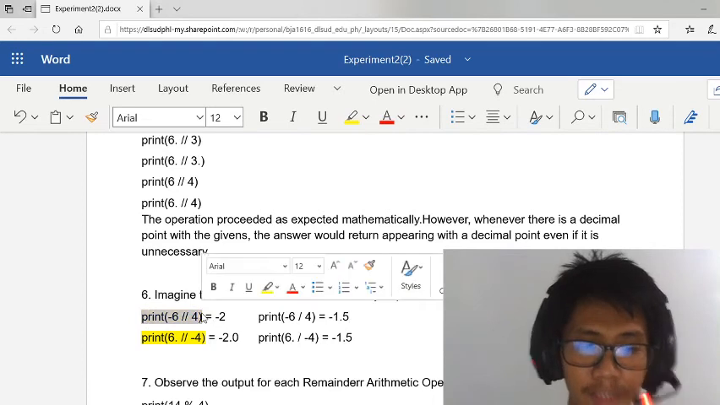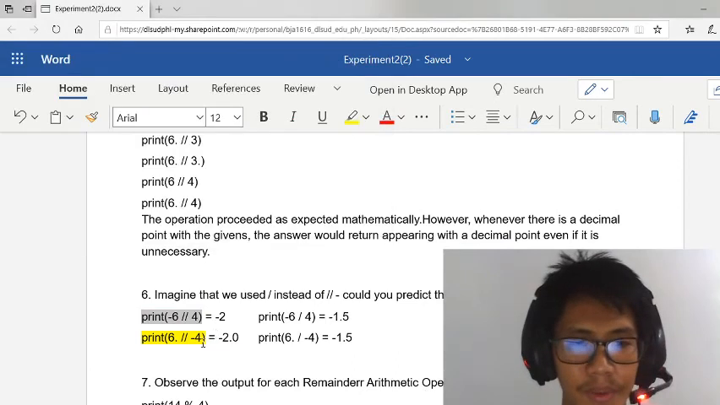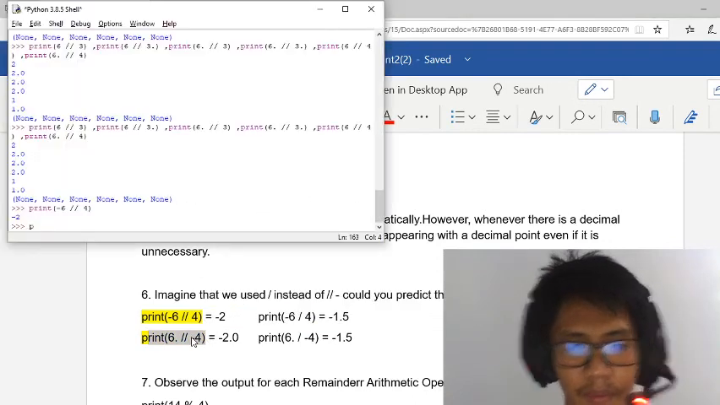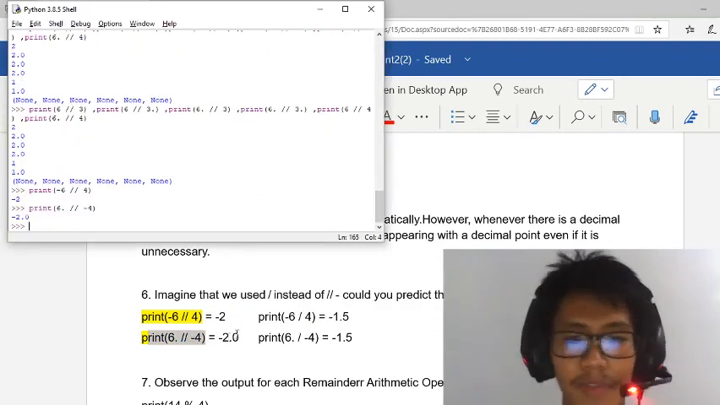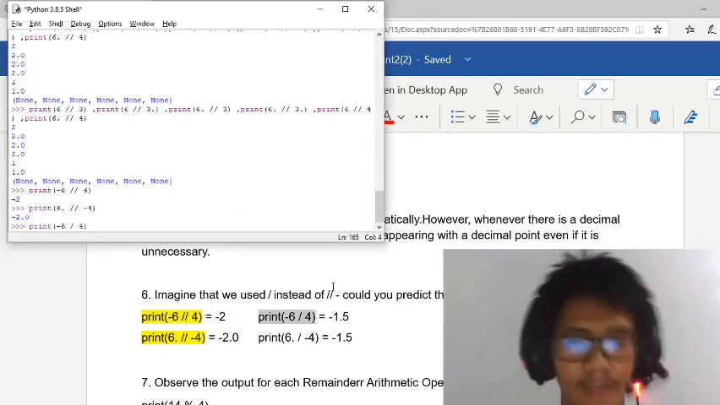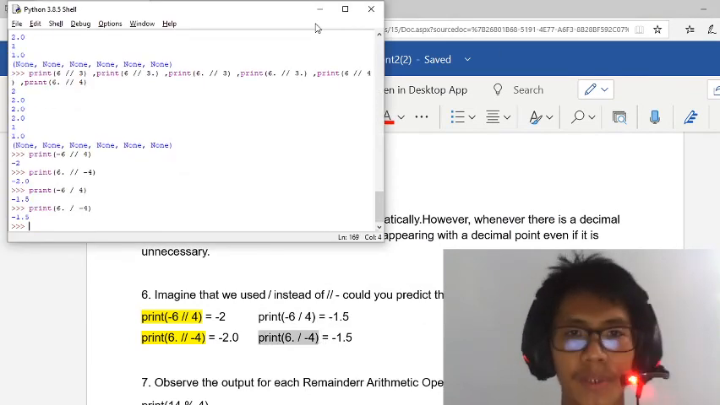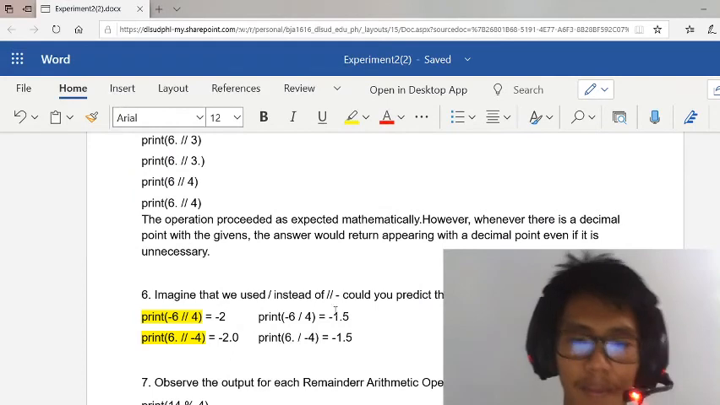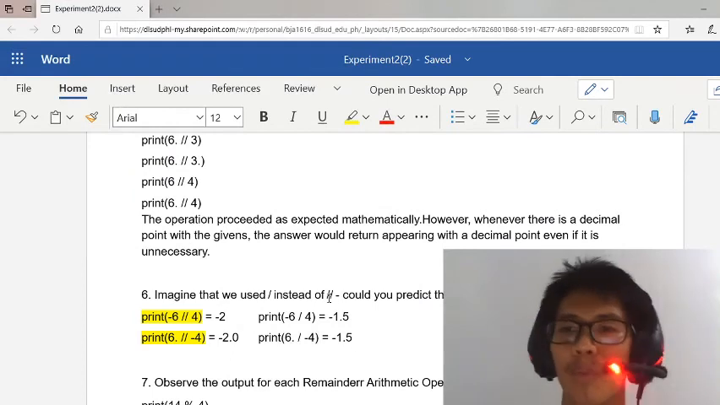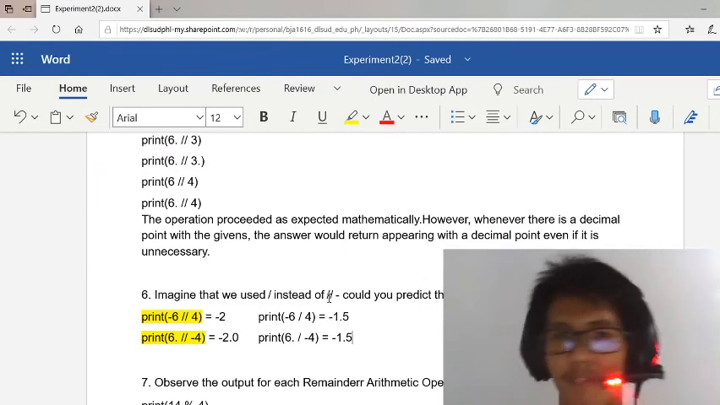But for formality, let's still operate this. Okay, yeah, -2. And another one for this floor operation. Yeah, -2.0 because of the decimal. So how about if we formally have it at division? So it would be -1.5, of course. Yeah, so I've already explained why that did happen. This is because the floor operation wants to get the lowest integer nearest to that number,